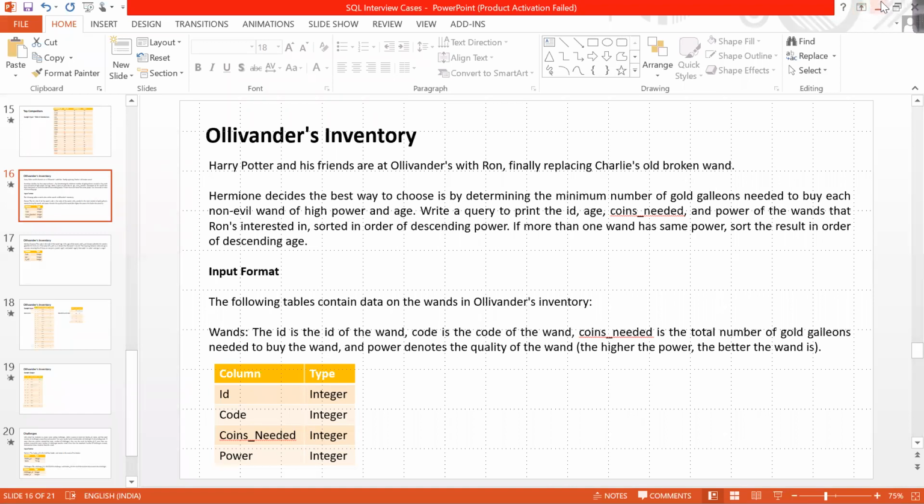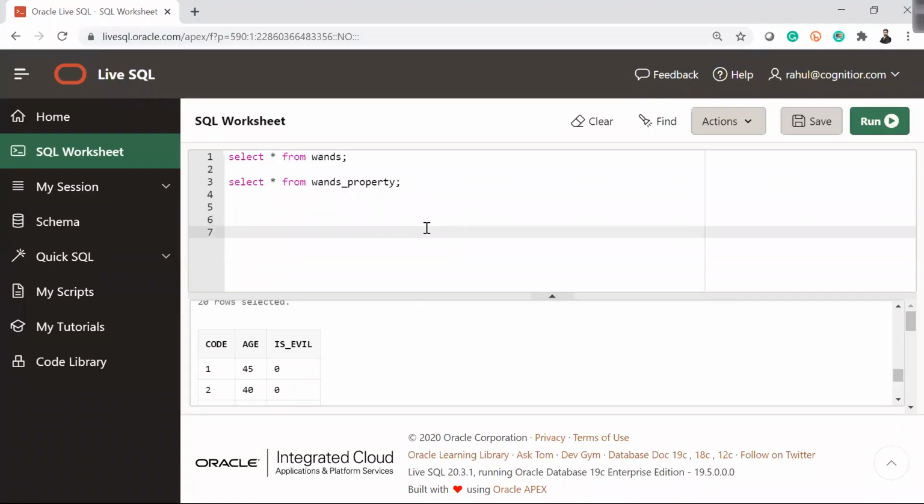So let me first find all the minimum numbers. So for that, select wp.age, w.power, and I'm looking for minimum w.coins needed, and I'll give this the alias coins.